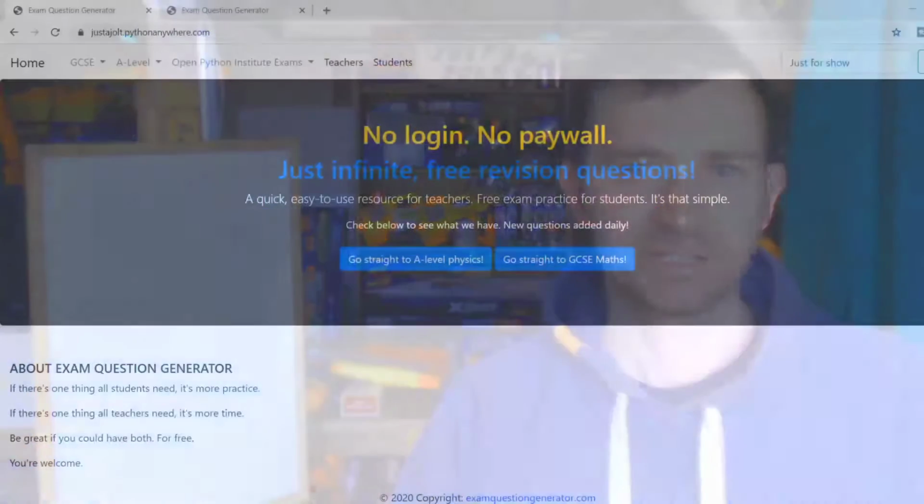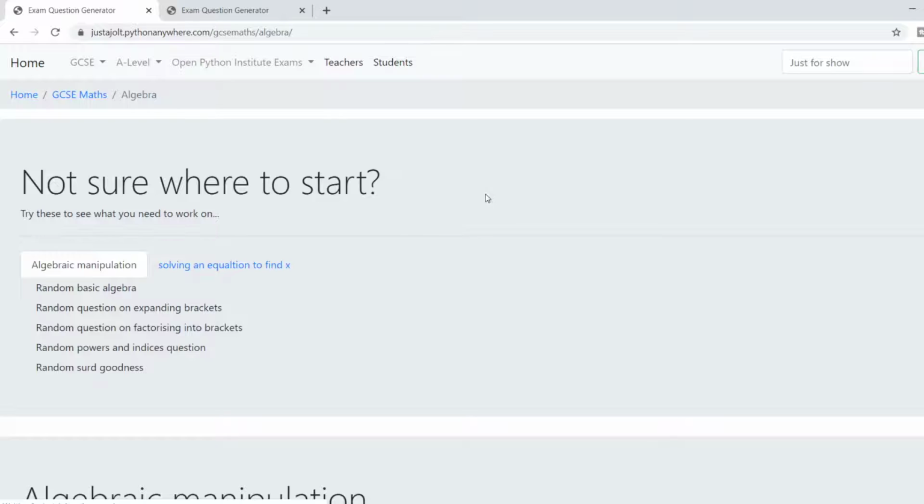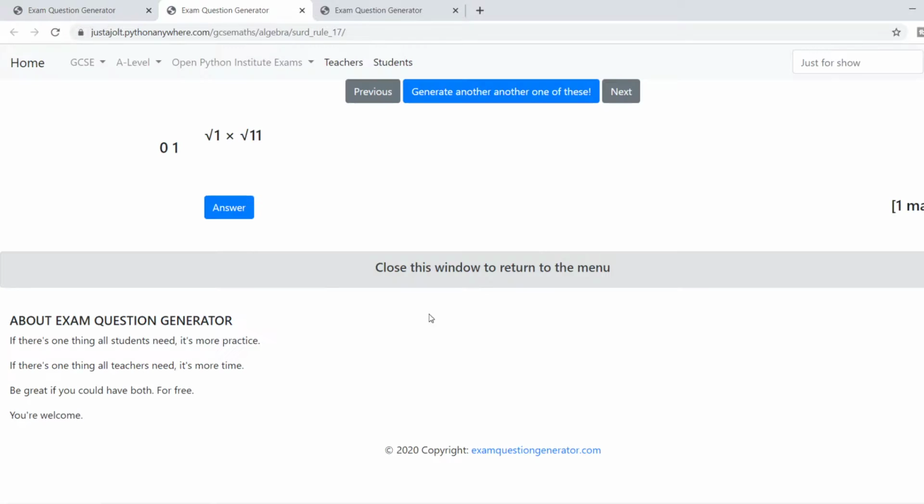Today we're dealing with surds, and so the first rule that we're going to go through, if we go over here, is illustrated by this question. Let's go to GCSE maths, let's go to algebra, let's go to surds, and we're going to have a look at the first surd rule right here. And this is all now level 7 stuff. So here we have,